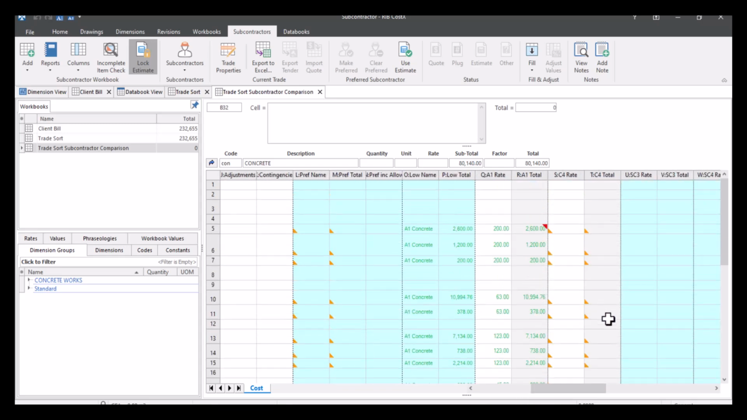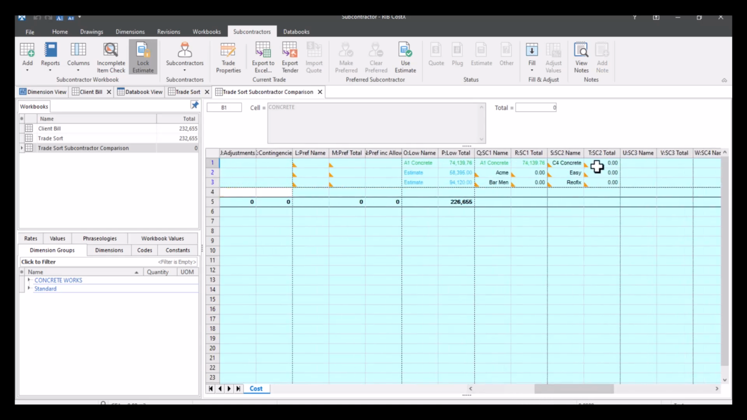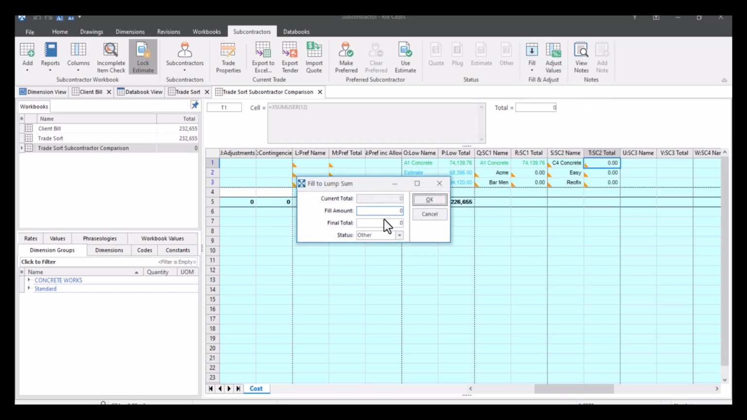Okay, let's just say you've got a subcontractor who just doesn't have the time to price, but they really want the opportunity to tender. That's absolutely fine. So let's say C4 Concrete is in that scenario. What you can do is you can actually fill to a lump sum. So C4 Concrete said, really sorry, not enough time to do this, but I will do it for 76,